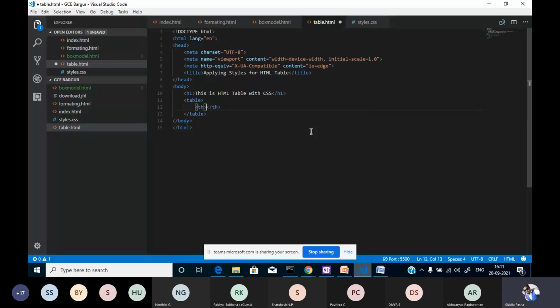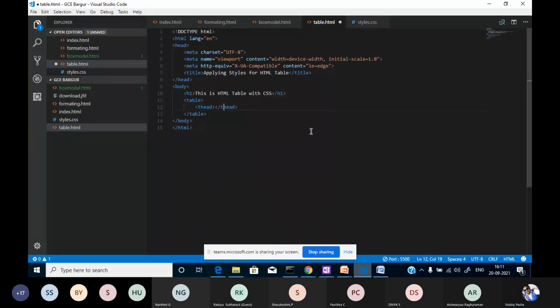We can use the thead tag as well if we want, so that also can be used. Basically thead will be for assigning the heading for the table. I will use thead, table head. Okay, fine. So in the table head, I'll write something.